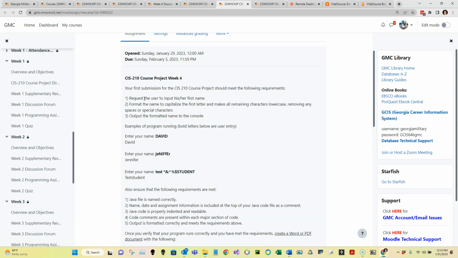And these first 3 requirements want us to request the user's name and then format that name to where we capitalize the first letter and we make all remaining characters lowercase, removing any spaces or special characters. So we've got to do some string formatting here. And then once we have a program that can do that, we output the final name